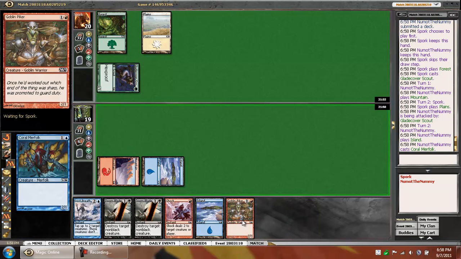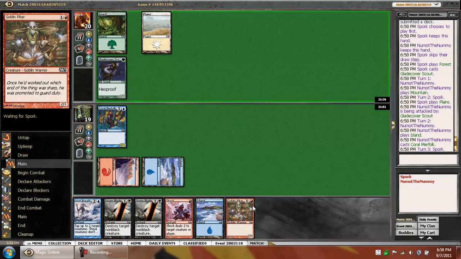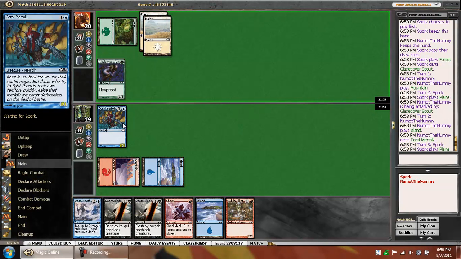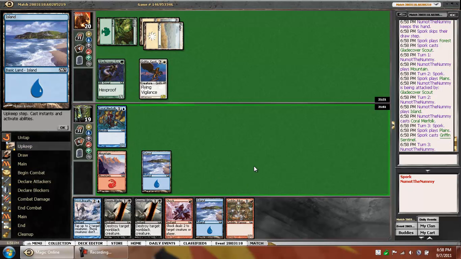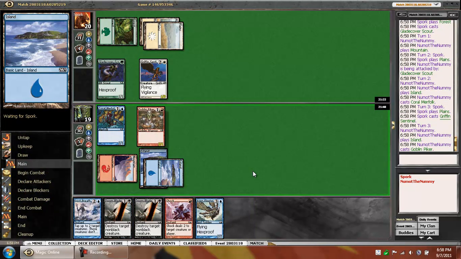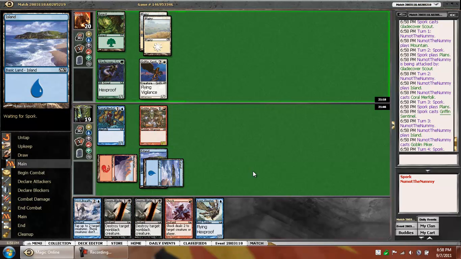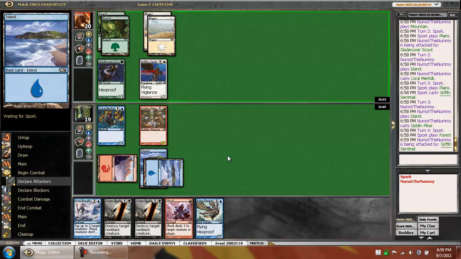We drew another 2/1 for 2. That was actually a bad play. I should have played the Piker. That way I could play the Merfolk Looter, or Coral Merfolk next turn while holding up the Shock. Yeah, that was quite a bad play by me. Oh well. Hopefully he doesn't do anything that requires me to shoot something for 2. So he does not want to trade with